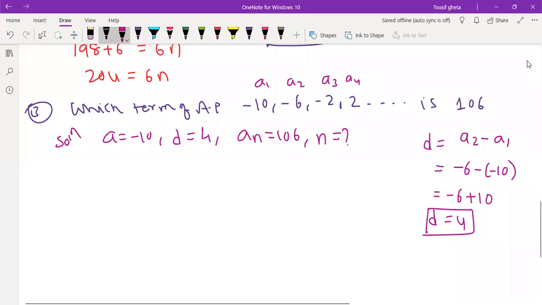So AN is equal to A plus (N minus 1) of D. Finding D in the rough column is not compulsory. You can do it in a rough column or directly. But whenever a minus is there, you should be a little careful, because some people get confused, write something wrong for D, and finally end up with the wrong answer. Yeah, now some students are getting the right answer.